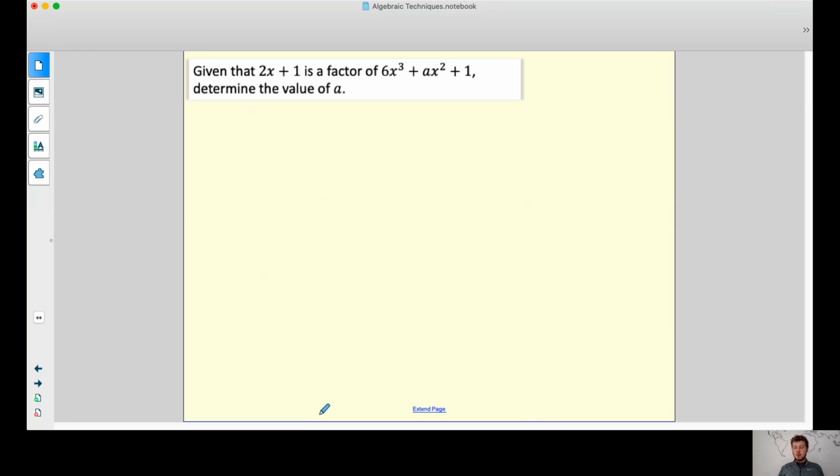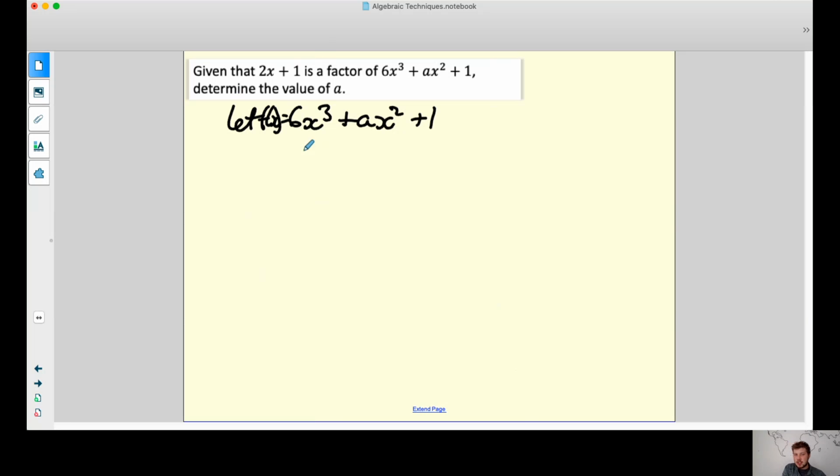So they also like to mix it up a little bit and ask us a bit more of a problem-solving question. And the way they do this is they use some sort of variable within our cubic. So we have to use the factor theorem to start off with, and we're given that 2x plus 1 is a factor of 6x cubed plus ax squared plus 1. Therefore, if I let 6x cubed plus ax squared plus 1 be my f of x,